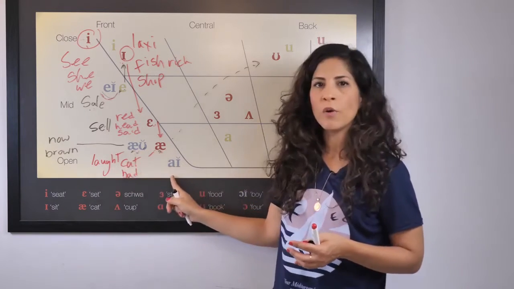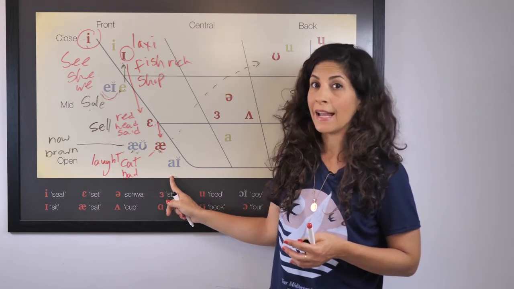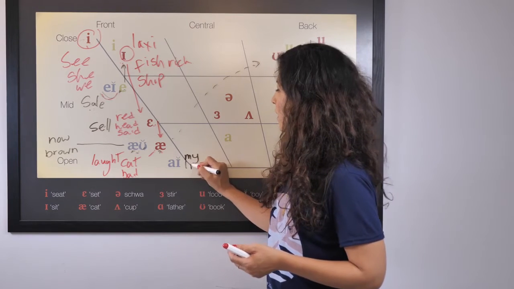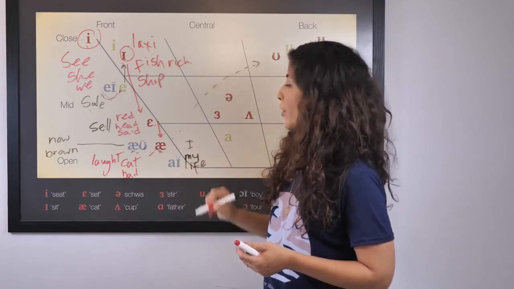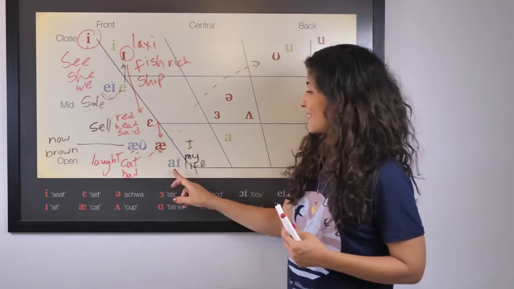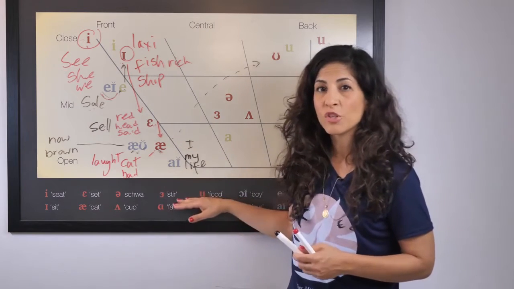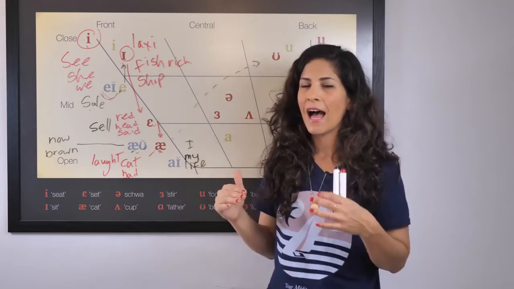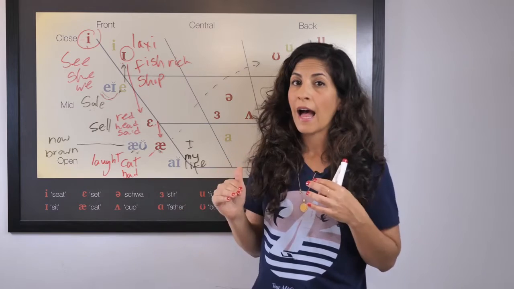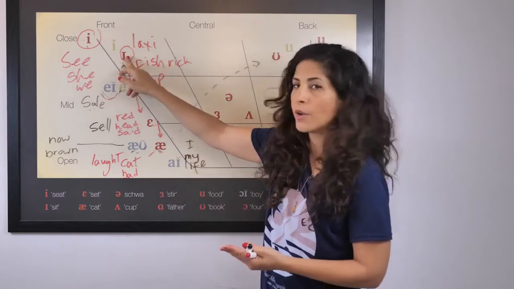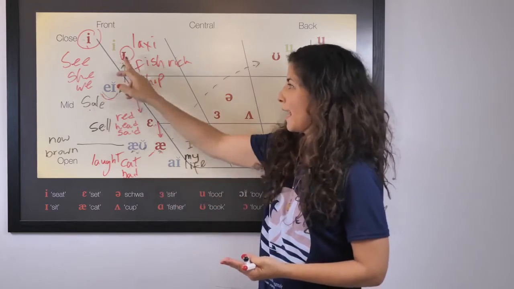Now, the last diphthong we have here is I, as in my, okay? My, life, and also just the word I. So here you start with an open mouth because it's at the bottom of the chart. That means that the jaw is at its most open position, ah. The tongue is in the front, ah, and then you transition to an I right away. I,